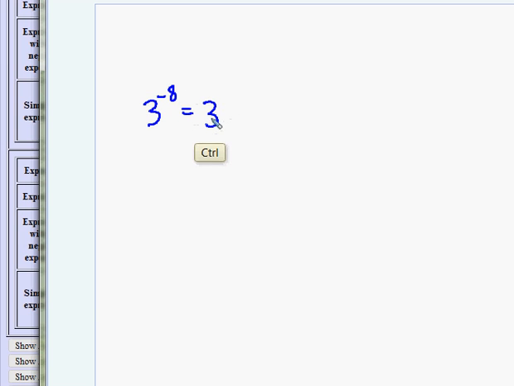It needs to be in the denominator as 3 to the 8th, and then it leaves a 1 up here. So if I had to communicate to other people mathematically that property, the exponent rule would say this. If you have some number a, and in my example a is 3, and it's raised to a number, but there's a negative number in the